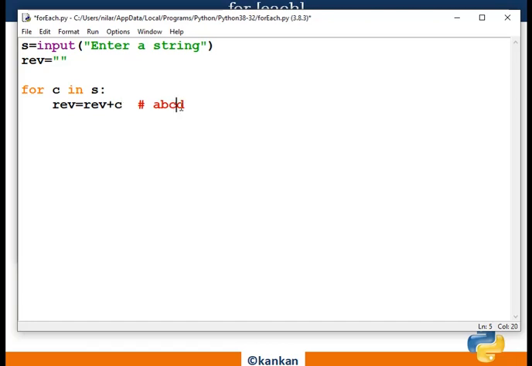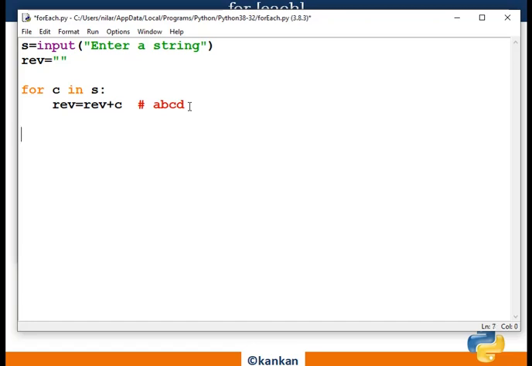Next C and D. So what will be the output? The value you enter will be the output value. But if I want it in reverse order, I will explain it after executing this one.